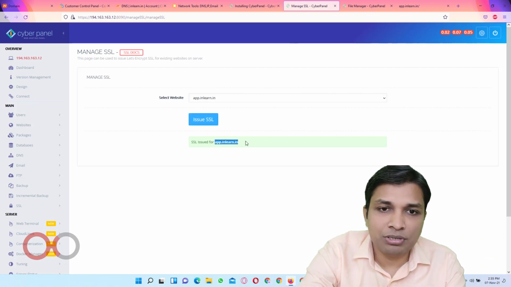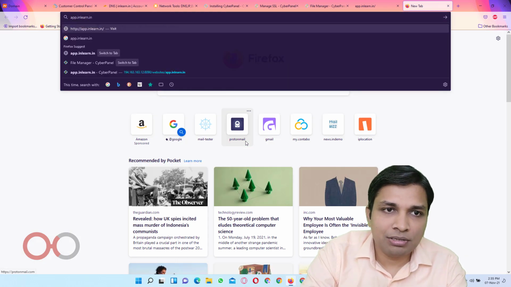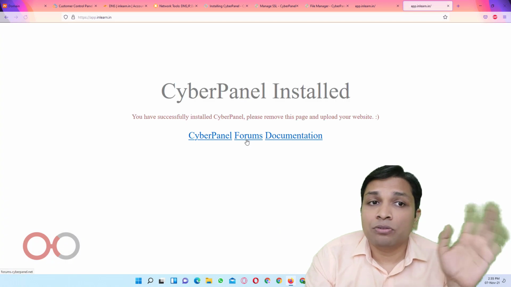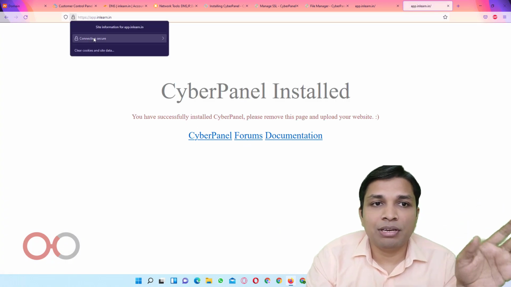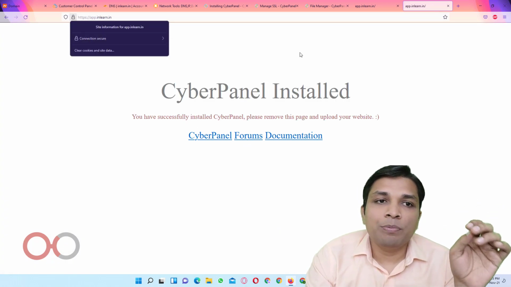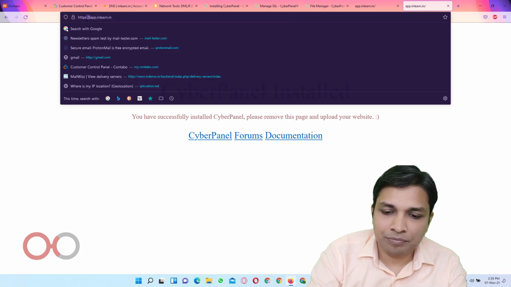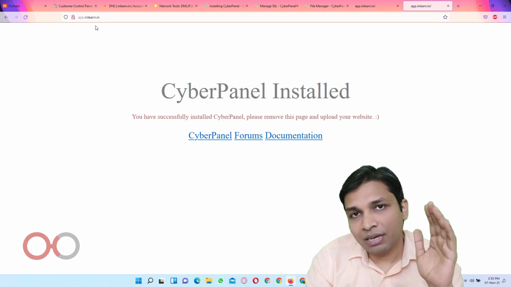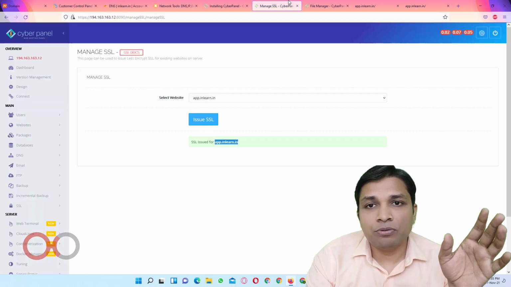Now if I go to this URL and this time I put HTTPS in front, you can see SSL certificate, connection secure. Now if you go to HTTP, you will see this opens as well. So what you have to do is to